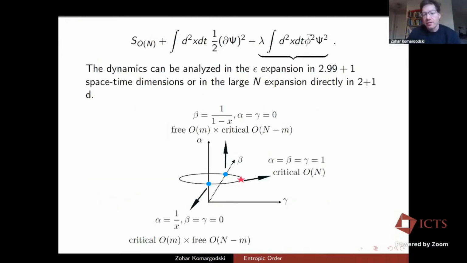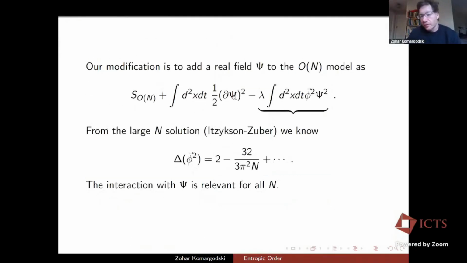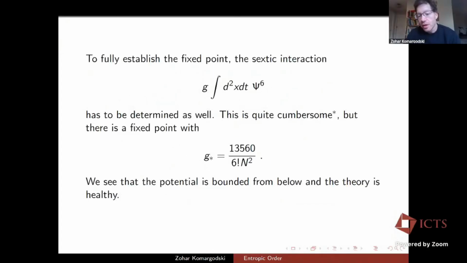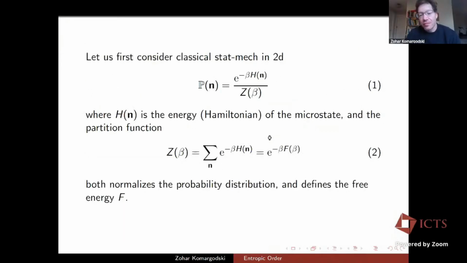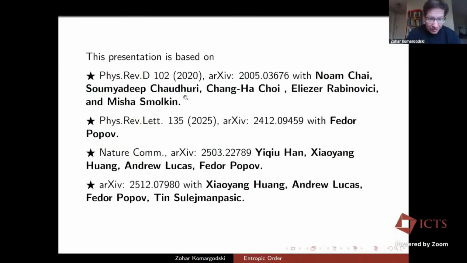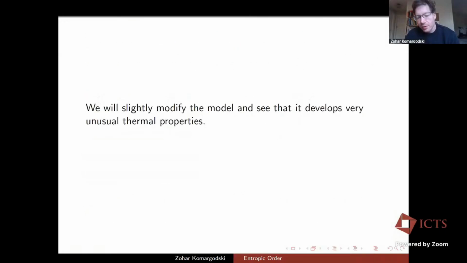My personal opinion is that even for this vector model, the finite temperature calculations that we did in 2+1 dimensions are new. In fact, I can show you that I tried to do them in 2020 with these collaborators and we didn't succeed. We did only epsilon expansion at the end. And only in 2025, Fyodor found how to do it, because of this one diagram that we didn't know how to calculate in the large n limit.